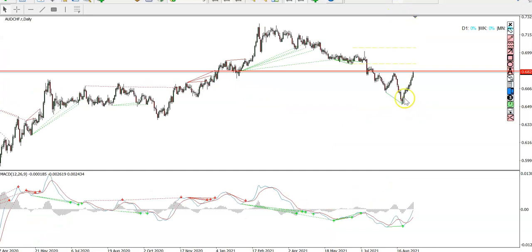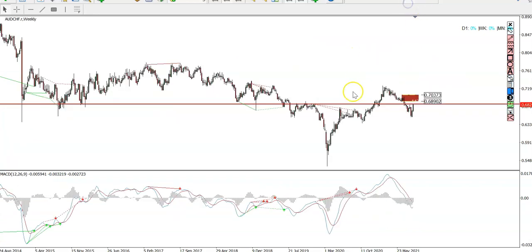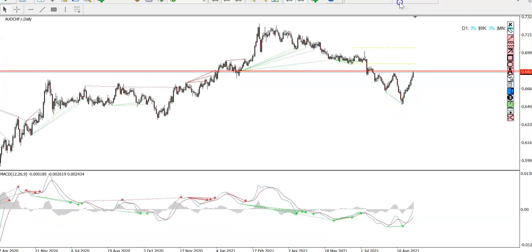You can see we've had a nice rally up into this kind of previous support, new resistance. You can see on the weekly charts again, it was a strong support before, and also was a resistance here before. So this is an area of interest, and I'm liking a sell trade to happen here next week. As you know, my trades last anywhere from 1 to 5 days, and this is what I'm expecting to happen this week, that this will